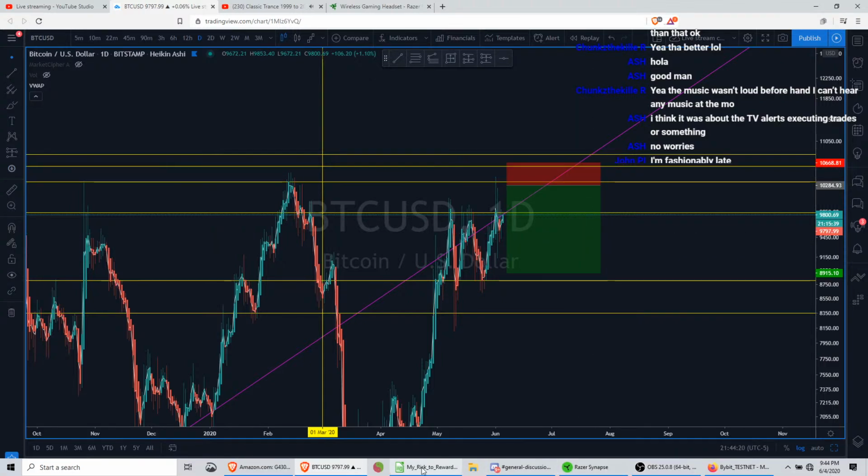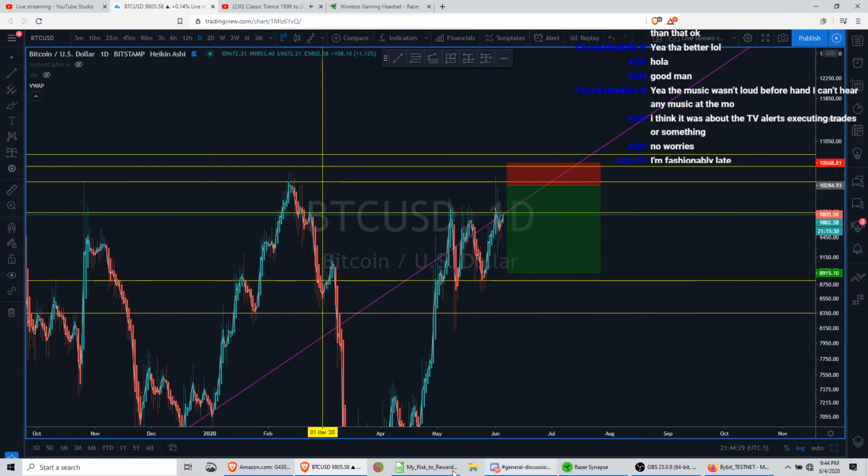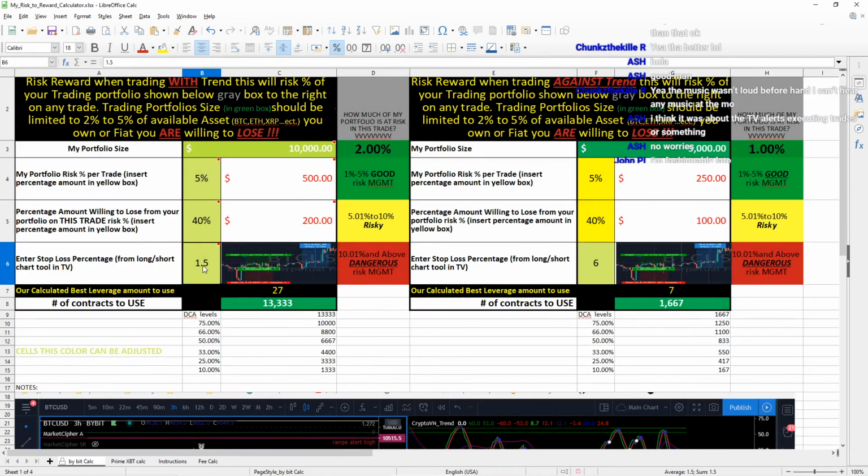So what you would do then is open up your calculator, okay? And our number was 3.73. You would open up your calculator, and in this box right here, type 3.73. And we're going to assume we're trading with one Bitcoin that's worth $10,000. This Bitcoin, okay, if you wanted to risk 2% of this $10,000, and I'll explain more about this in a moment,